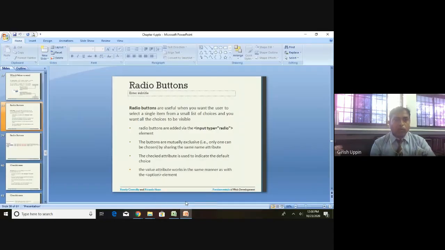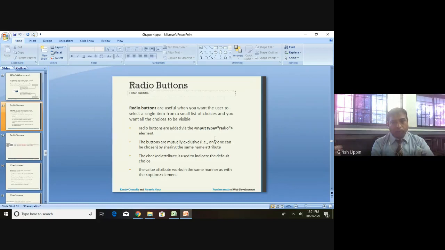Okay. So just to brief the last few things about the previous class. In the previous class, we looked into a radio button and how to create the radio button. We can use the input control and type is equal to radio. You use a radio button when, out of multiple options, you want to select only one. So these are mutually exclusive. That means you can select only one.